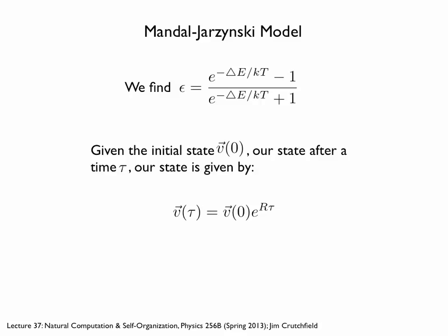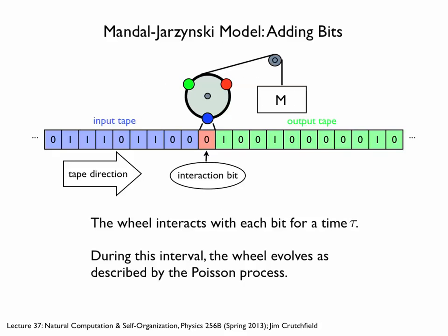And now that we have this rate matrix, given that we have an initial state V0, we can get the final state after a time tau with these thermal fluctuations just by operating with e to the r tau. So that describes the thermal fluctuations. You could probably change this rate matrix to reflect more appropriate continuous rotations. But ultimately, the interesting part is talking about the input tape,